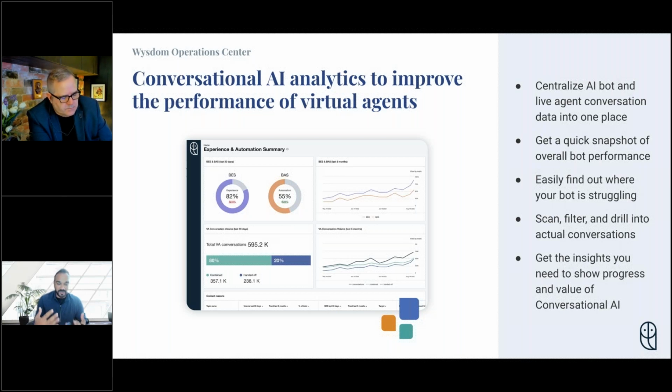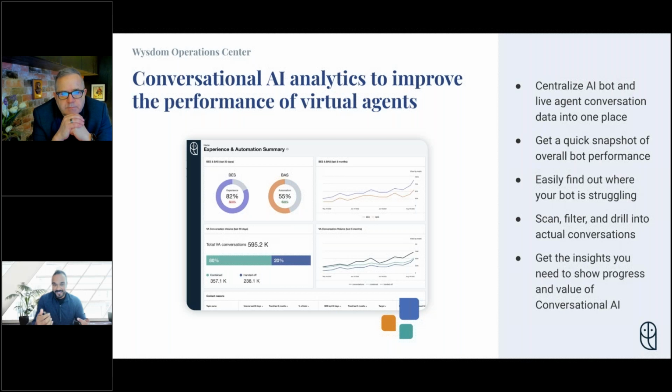Then you start proving the value of it. You start showing, hey, the bot's working, it seems to be understanding well, and here are the types of topics it's handling. Then it gets a bit more interest, and executives or senior leadership say, hey, looks good, we're starting to see this move our numbers, let's do more. So we build out more. We maybe add a new channel, something like mobile messaging. You add voice. Maybe you add advanced use cases, where you actually accomplish something in the bot, not just FAQs.